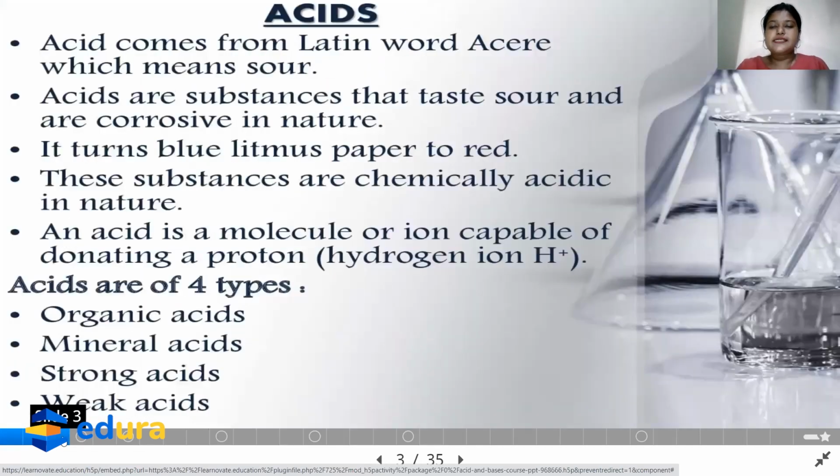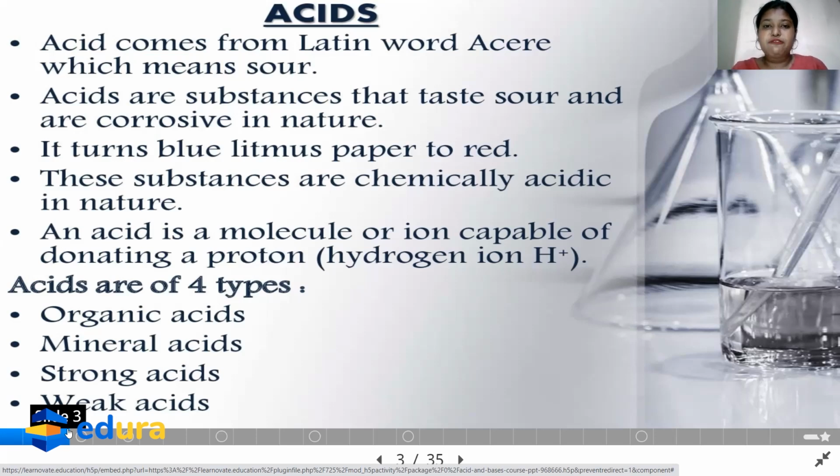Acids are sour in taste; the word comes from the Latin word acid, which means sour. They are soluble in water, they are corrosive, and they turn blue litmus red. These are the common things. Then we have four types of acid: organic acid, strong acid, weak acid and mineral acids. Organic acids are generally weak because they are derived from natural things, that is plants and animals. Mineral acids are derived from ores in the laboratories and they are very strong and concentrated. Strong acids completely dissociate to form ions. Weak acids do not dissociate completely to form ions.